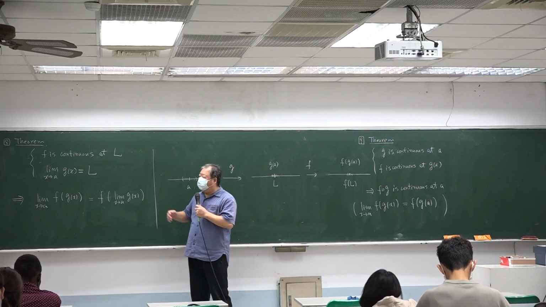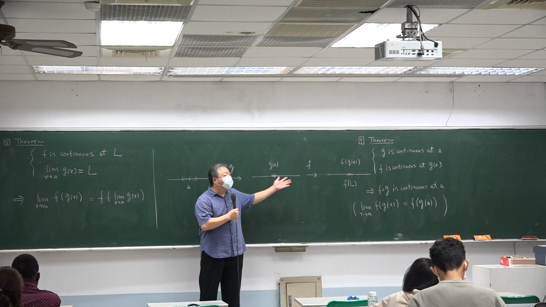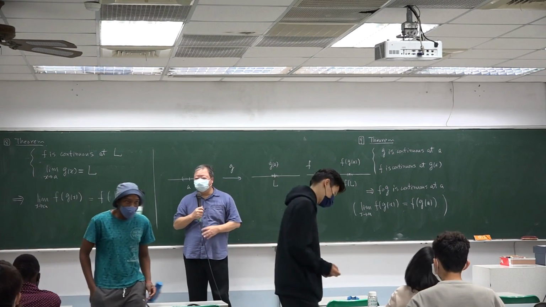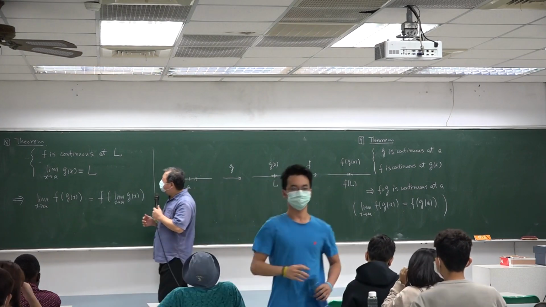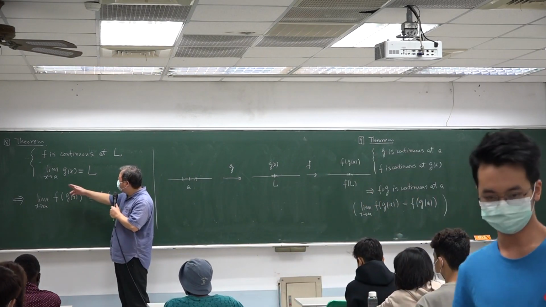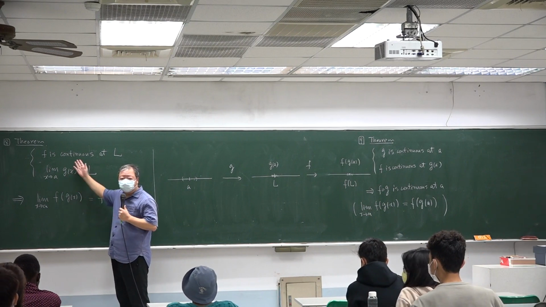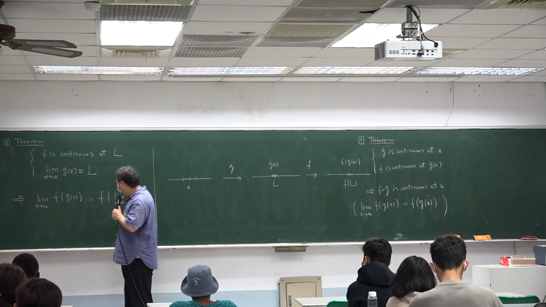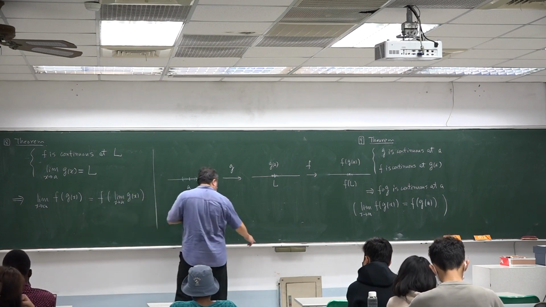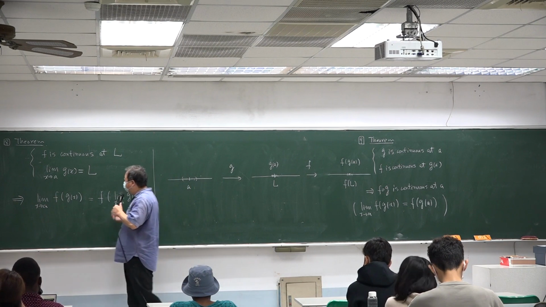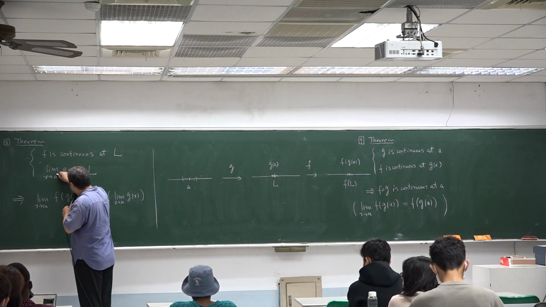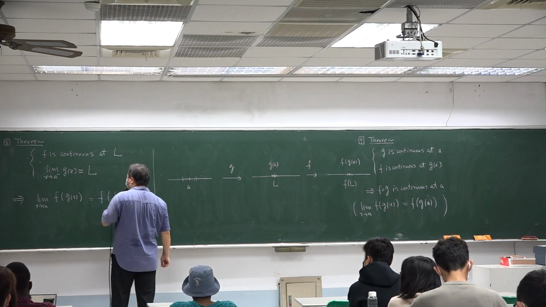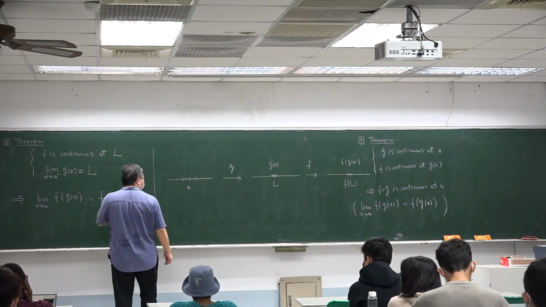About theorem 8 and theorem 9, if you want to look further, in more detail, you can consider one-sided limit or even one-sided continuity. For example, if the function g has a limit from the left at a, for example, here,